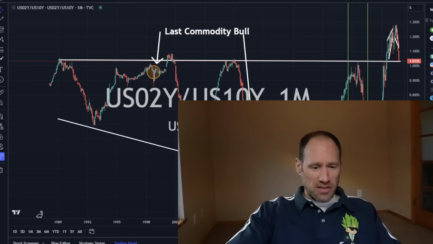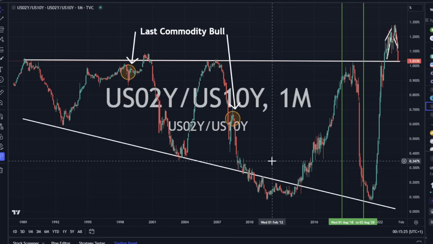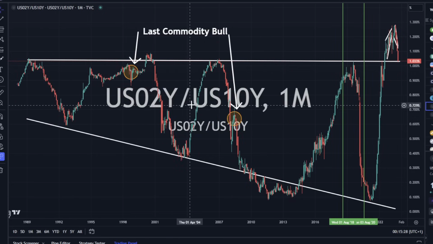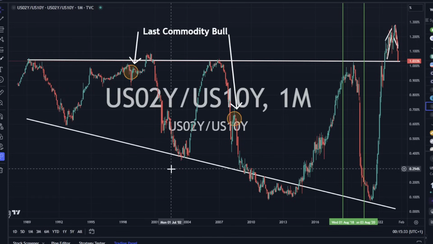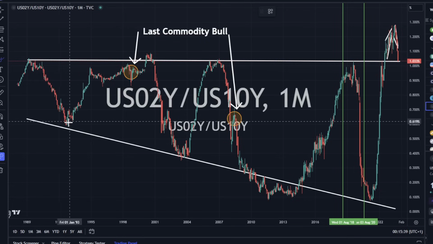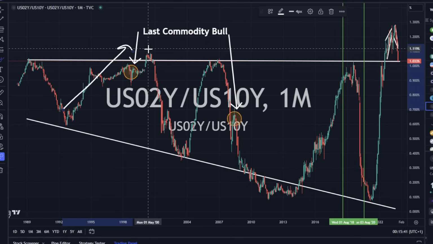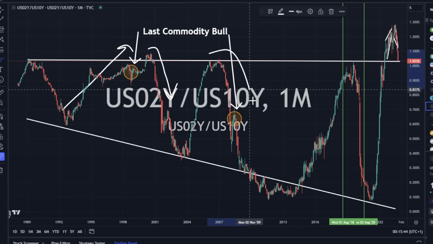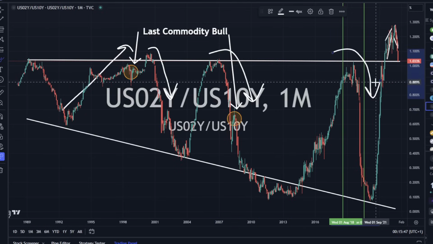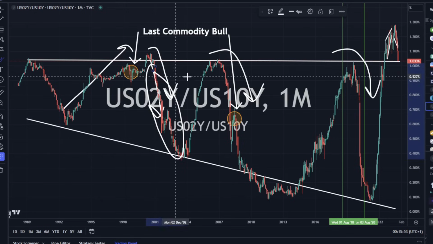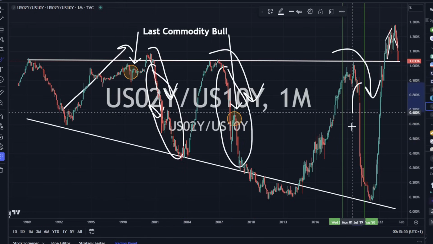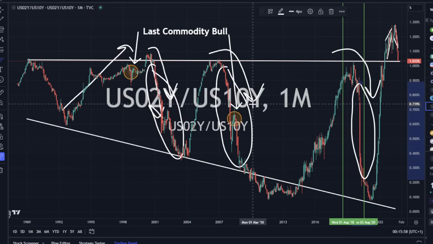All right, let's dive in and let you guys know what's going on here. So I've got the U.S. 2-year divided by the U.S. 10-year yields. When people talk about yield curve inversion, they talk about this going upward like that. When it uninverts, it's when it comes back down. So those are uninversions. Generally, when this goes down, we get a crash somewhere in this region in these cycles. And it's like the market can see the crash before it occurs.